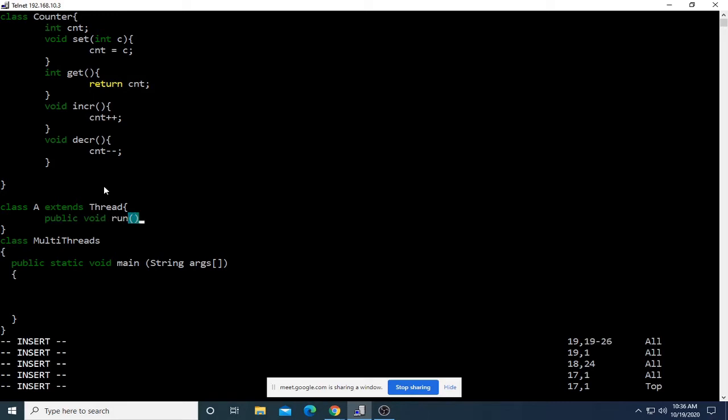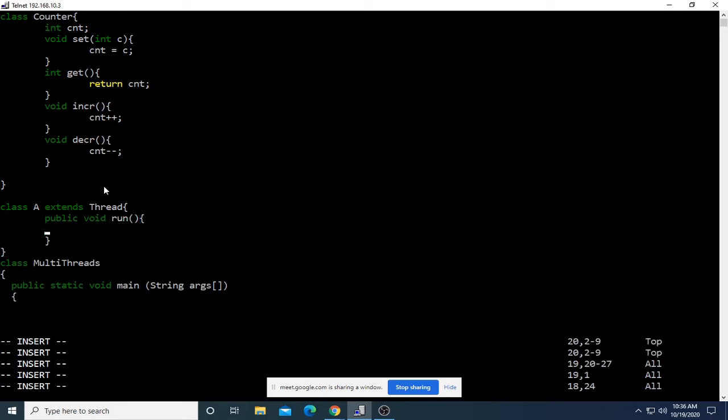Obviously, every thread subclass needs to have this run method so that you can place the code that has to be executed by this thread subclass. And within this run method, this class will increment the counter variable within the counter class.